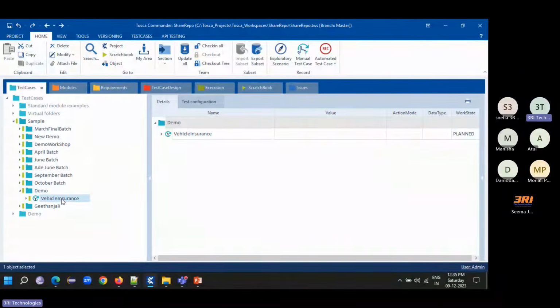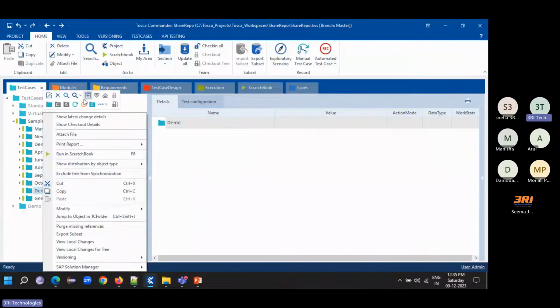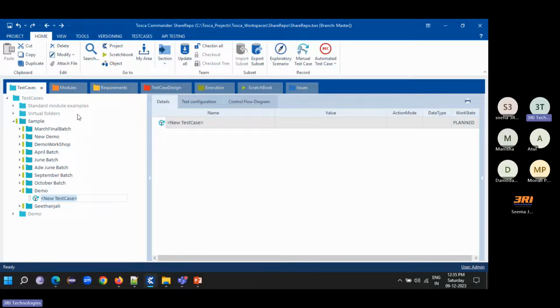Okay, let me remove all this. This is my test case section, and I have just checked out this folder. I will create a new test case over here with the name vehicle